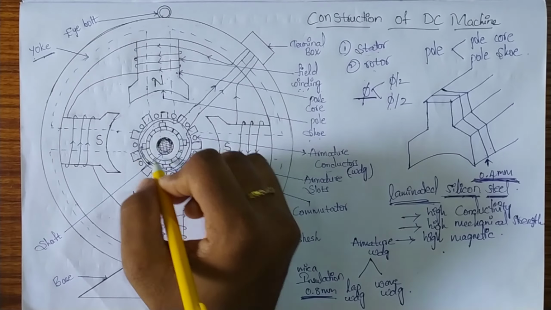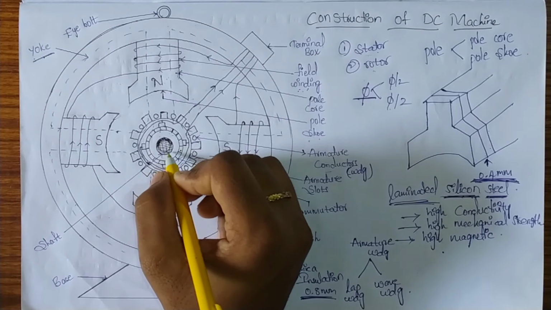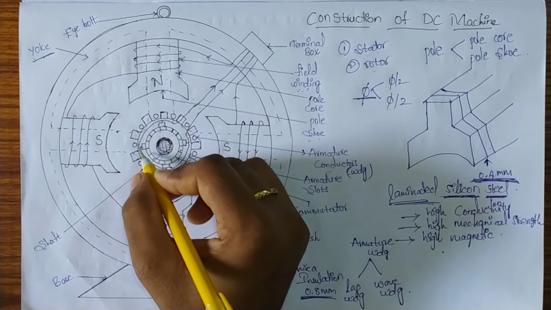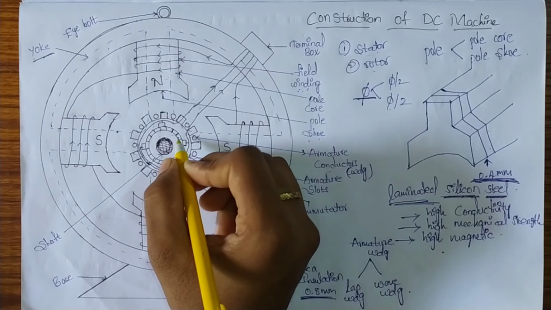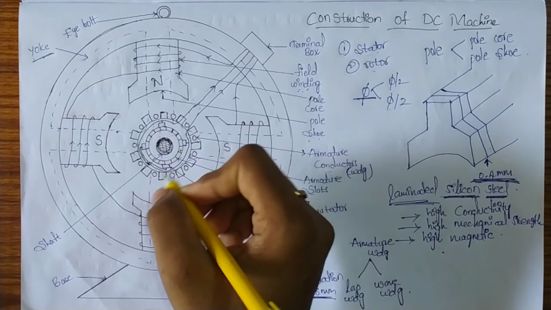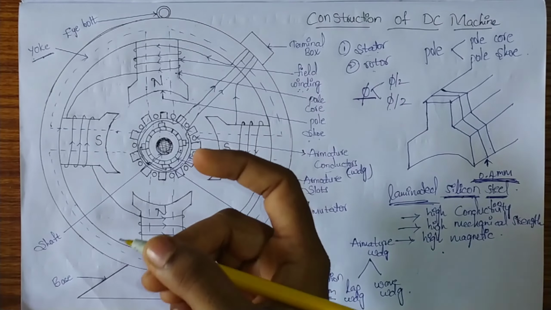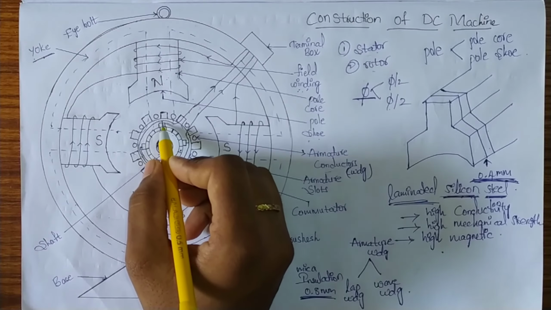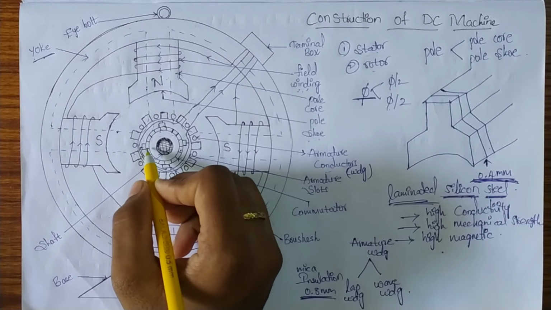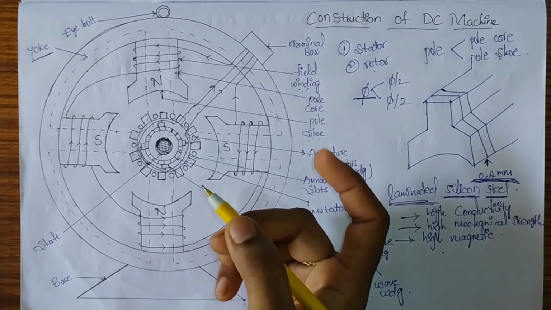And here, collecting this current is difficult. Why? Because this commutator is connected to the shaft. The shaft rotates, with that the armature rotates and the commutator also rotates. So it is difficult to collect current from this rotating commutator. For that purpose, we want a stationary part to collect the produced current, so we are using brushes here. These brushes are placed on the commutator and are made of carbon for small machines and electrographite for large machines.